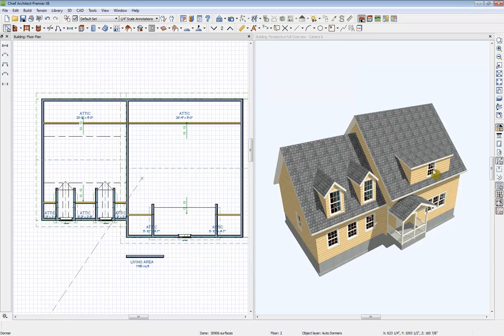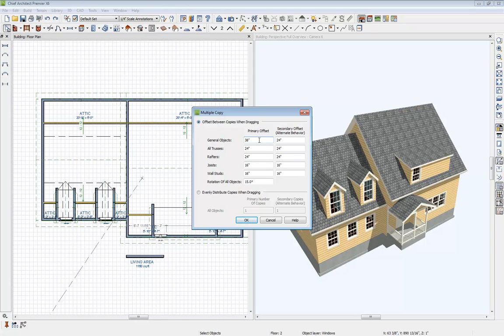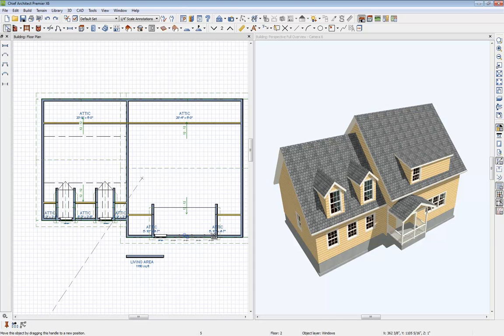And there we have our shed dormer. Now I'm going to use our multiple copy tool from earlier to move this all the way over. Come down and select multiple copy, change the interval to 38 inches, select OK,